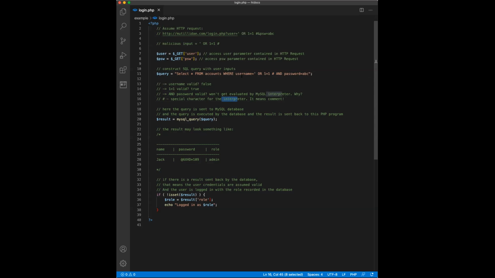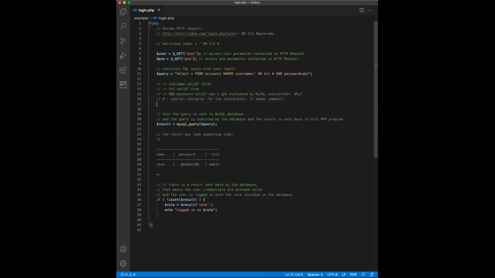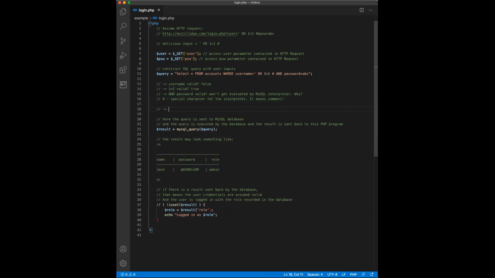So it will only evaluate the first condition, the username valid, which will evaluate to false, or whether this condition is valid. So what happened is the result of the SQL query is where false or true. Since this is a Boolean OR operation, the overall result will be true. False or true will result in overall result true. That means